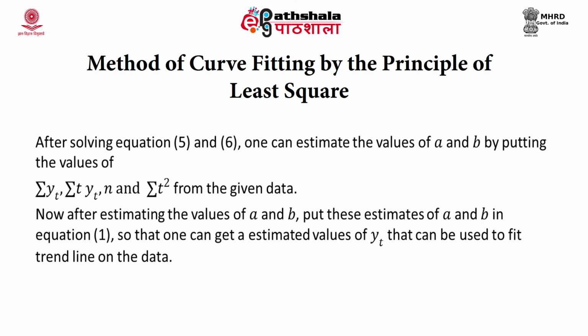You have to estimate the values of a and b using the least square method, and after estimating them, you put the values of a and b in the same equation and you will get the trend line. Similarly, the second degree curve fitted to a logarithmic curve is yt is equal to a b power t and c power t square. You have to take logs, that is, log of yt is equal to log of a plus t times log of b plus t square into log of c. After estimating the values of a, b and c, you will get the value of yt hat, that is, an estimated trend equation.